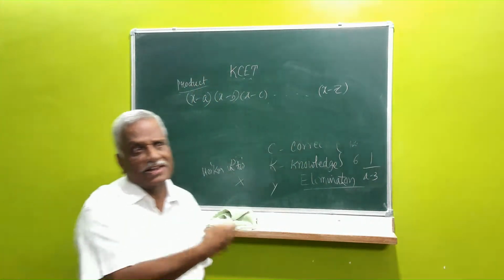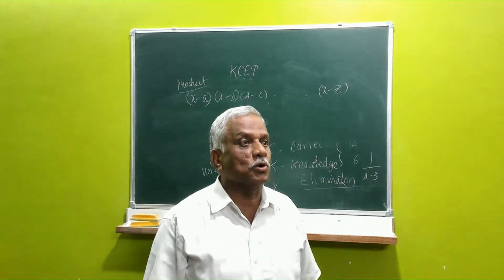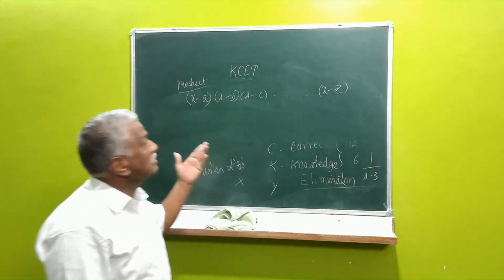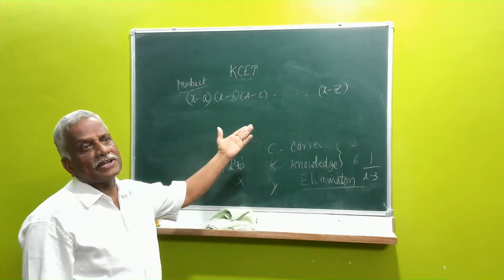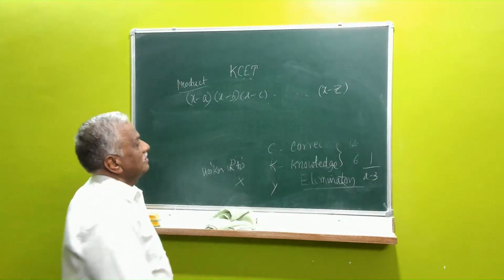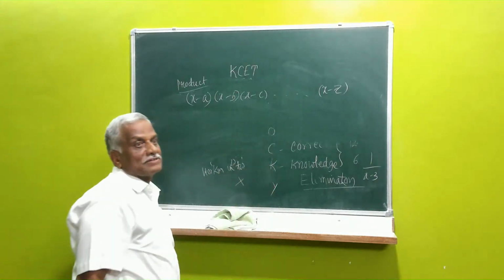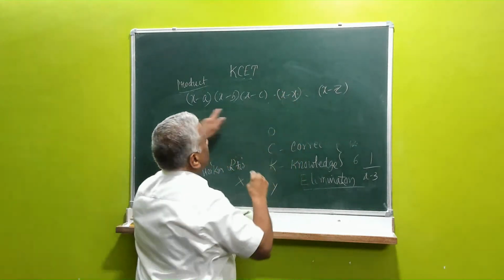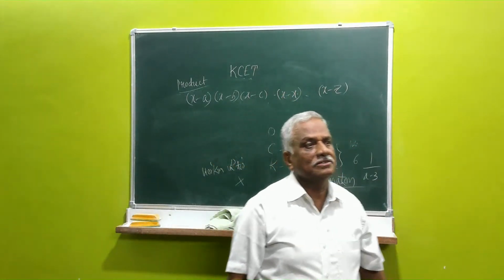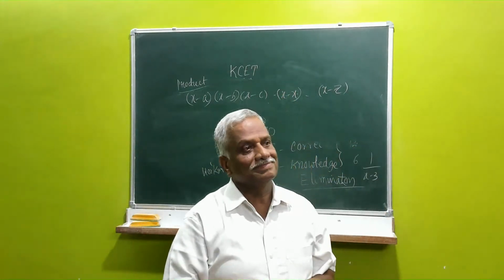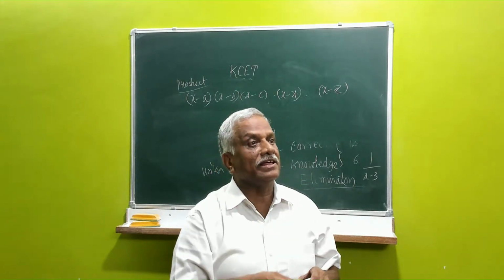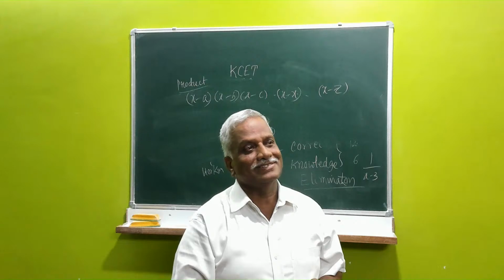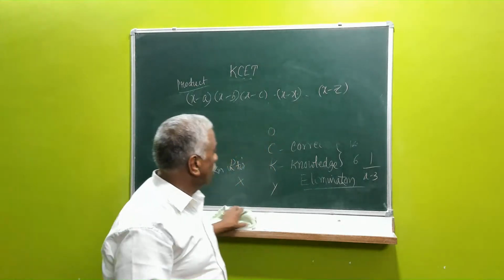Long back. Now they will not ask, because you can't play the same joke or same trick every year. So many students wondered what we can do. (x minus a) and (x minus b), what is the product of this? The answer is 0. Somewhere in the middle, x minus x comes: a, b, c, d, and then x minus x comes. You get a 0 in between, so the answer is 0. That particular year, it was a very, very difficult question paper. So those days are gone.